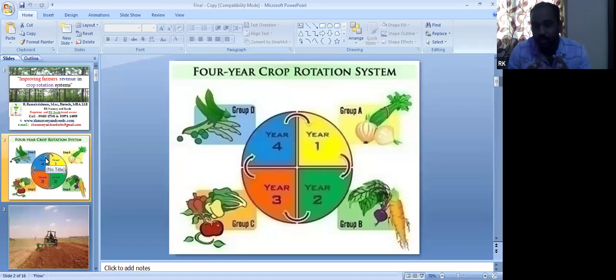Group A, Group B, Group C, Group D: each group is one type of vegetable, forming a four-year crop rotation system. Year by year crop rotation is good because